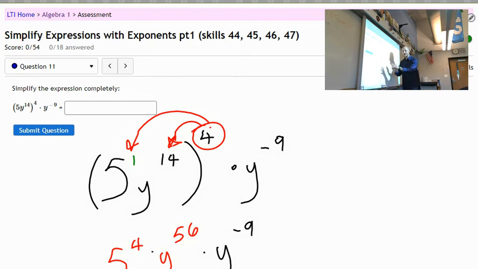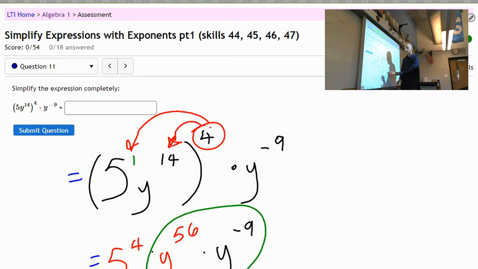Okay, so things that have the same base, I can combine. These two both have a base of y. If they've got the same base, it's a multiplication problem. For multiplication problems, we add together the exponents. And it doesn't actually matter that one is a positive number and the other is a negative. We're just going to add them together. So 56 plus the -9 really is the same as subtracting. If you wanted to get rid of the negative exponent in the first place, you could rewrite this as a fraction, and then you'd end up with a division problem, and you'd be subtracting either way. This is faster. So those exponents, add them together. 56 minus 9